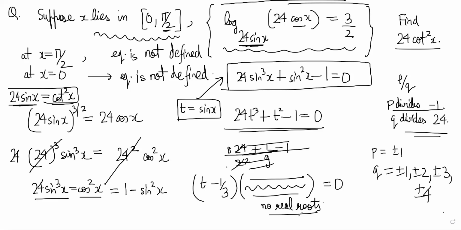You have to check it though, because it is possible that it would have some real roots. Then you would have gotten an alternate answer, right? Yes, sir. So how do I factorize this once I know t minus 1 by 3 is a factor? Meaning, you know how to divide it and all, right? Yes. Like long division, other than long division, you can also directly do it like this.